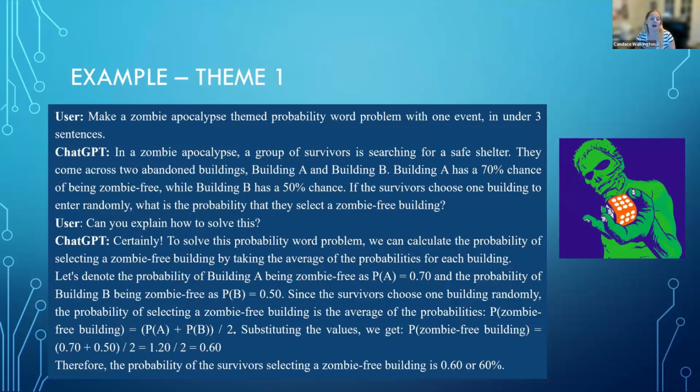And then the girls ask, can you explain how to solve it? And then ChatGPT gives this nice explanation of how to solve it. They later make the illustration here for their game, which is called Dice of the Dead. It's about zombie apocalypse and probability. So you can see like ChatGPT can bring these mathematical and real world things together very efficiently while also being able to provide mathematical explanations.